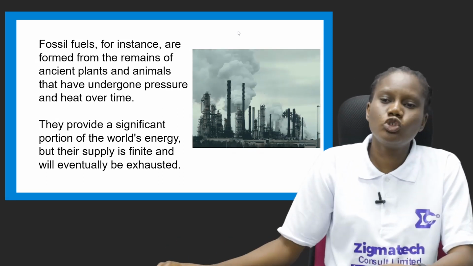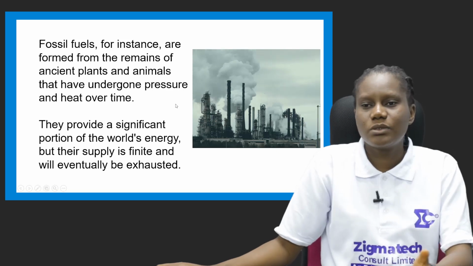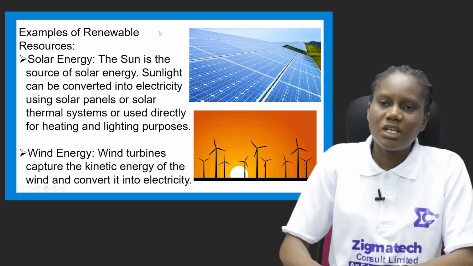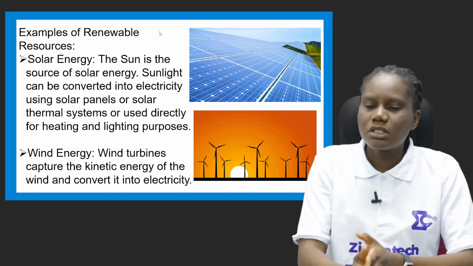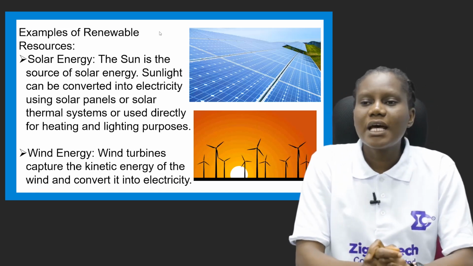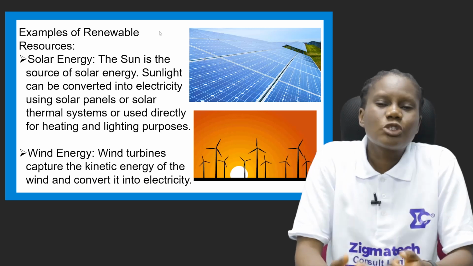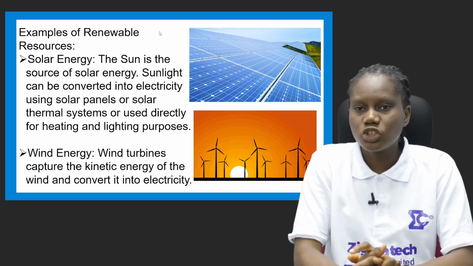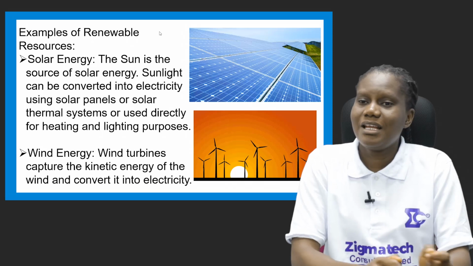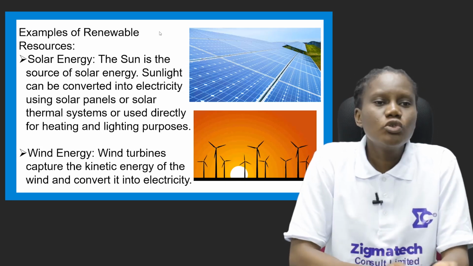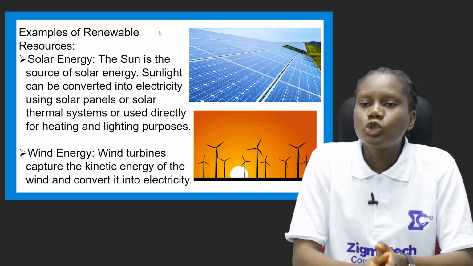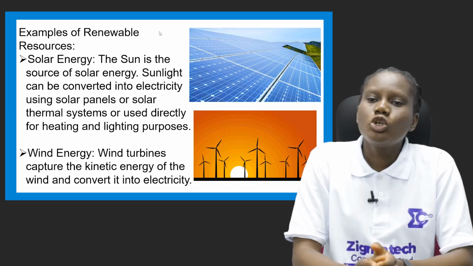Over time, if they are not used responsibly, they can be exhausted. So let's look at examples of renewable resources in detail. One is solar energy. The sun is the source of solar energy. Sunlight, as I earlier explained, can be converted into electricity using solar panels or solar thermal systems, or used directly